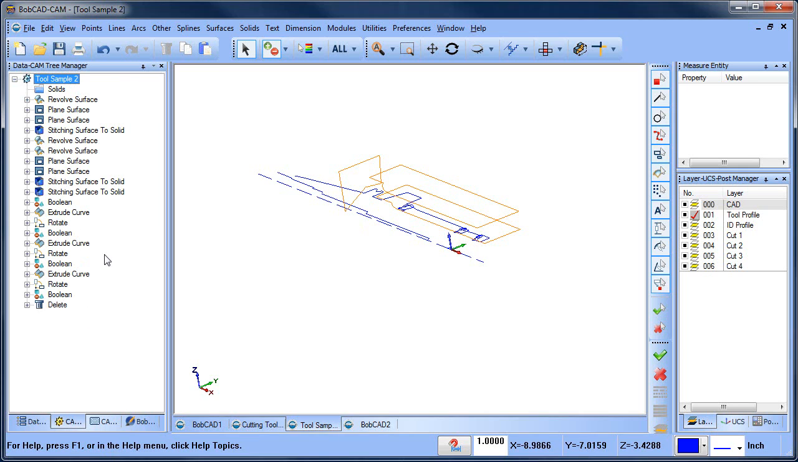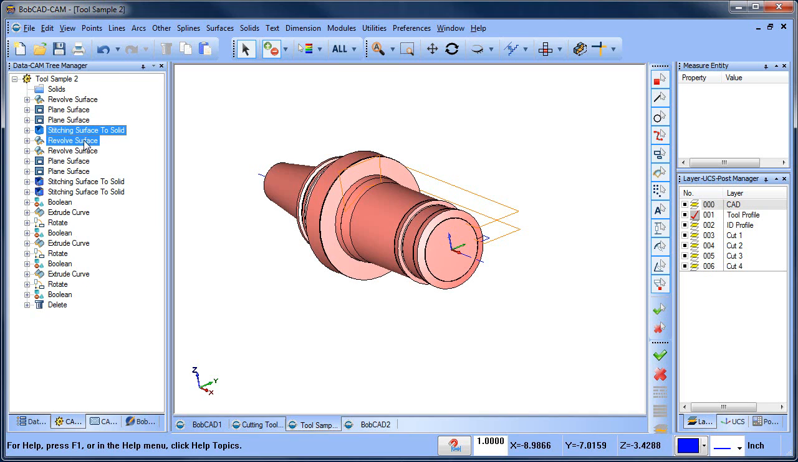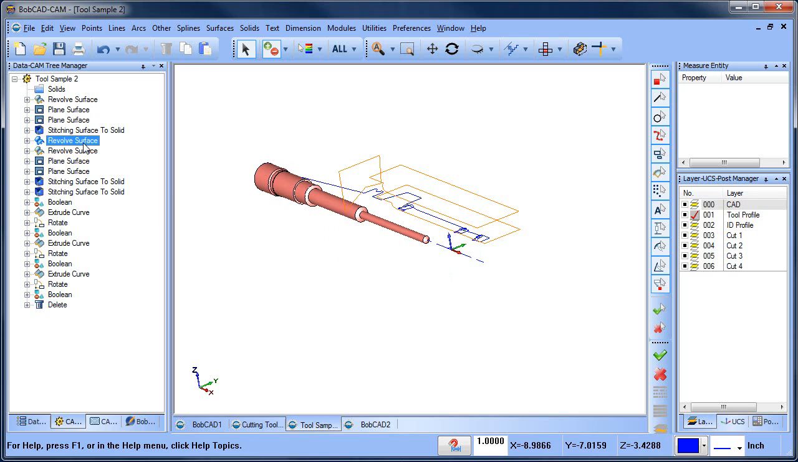And this is kind of important. With the software, you do have a CAD history tree, and this history tree has all the different steps that you've taken to create your design. Like I did a revolved surface, I did some planar surfaces to cap the end, I stitched it to a solid, I did another revolved surface, did another revolved surface, capped the ends, stitched it to a solid,